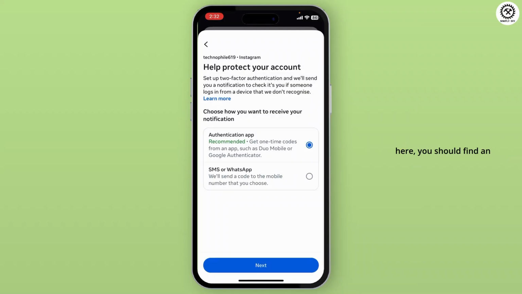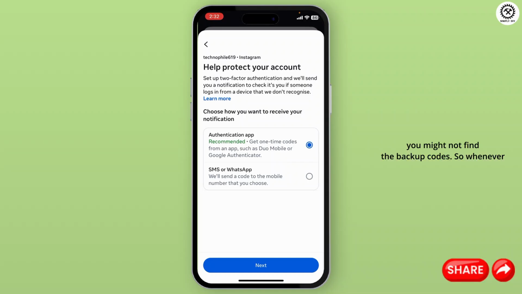So right here, you should find an option that says additional methods. If your app is not up to date or due to regional problems, you might not find the backup codes. So whenever you tap on additional methods, you'll get two options, including a backup code. So simply tap on backup codes and you should get